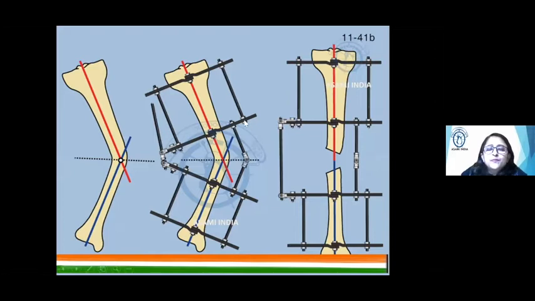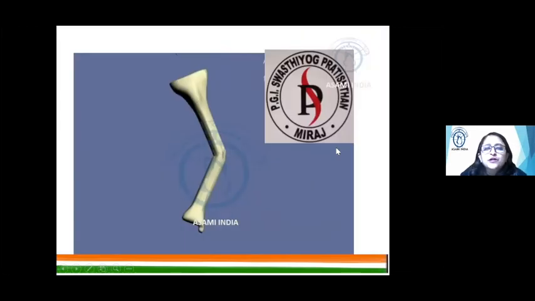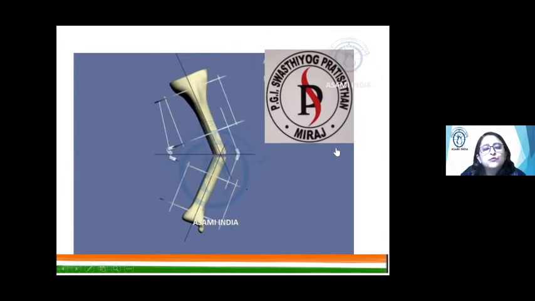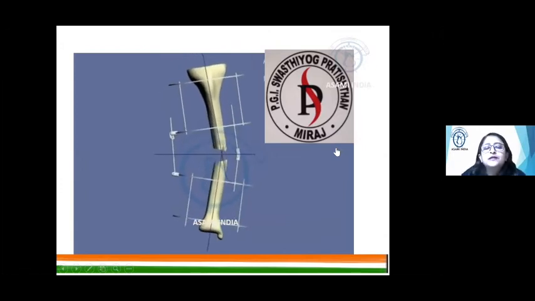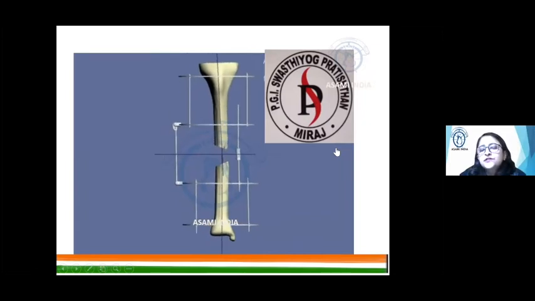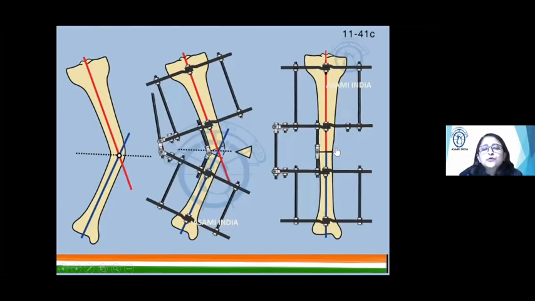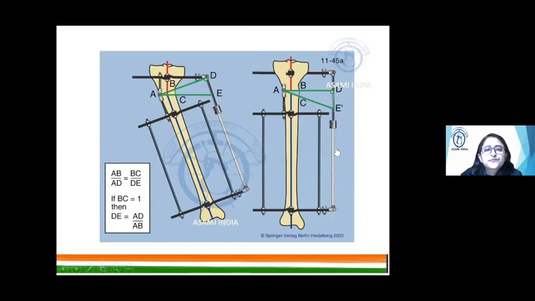Okay, if you don't place the hinge close to the bone and away from it, you get this. This is a distraction hinge. You use a distraction hinge when you want to lengthen along with correction of deformity. Then you place the hinge not close to the bone, but away from the bone at the level of CORA, and you get a distraction along with correction of deformity. So this is a distraction hinge. And as I told you, this is a closing wedge hinge.